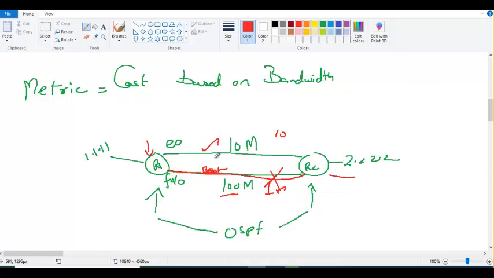So based on the cost, the best path is elected, but cost is determined based on the bandwidth. For 100 meg the cost is 1, for 10 meg the cost is